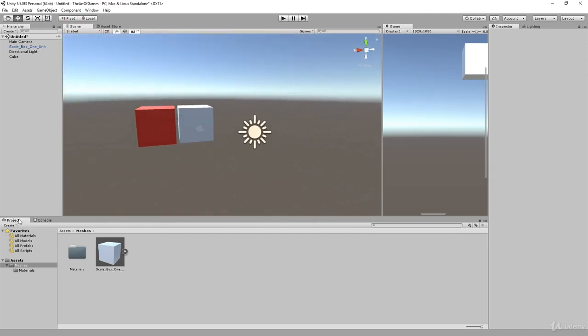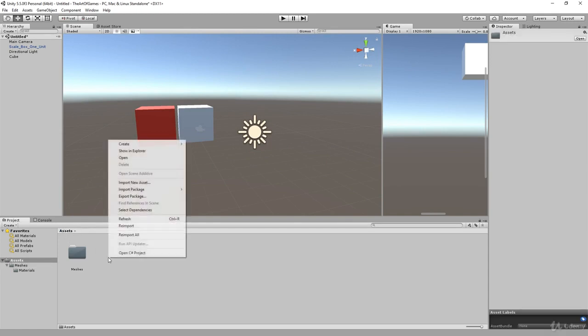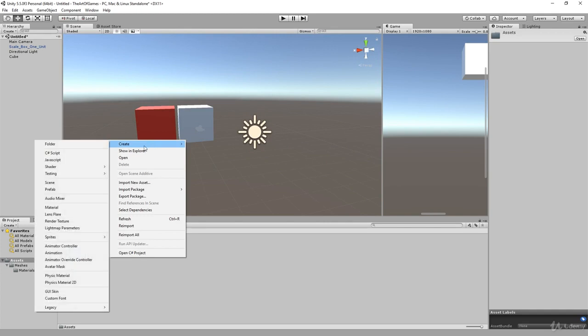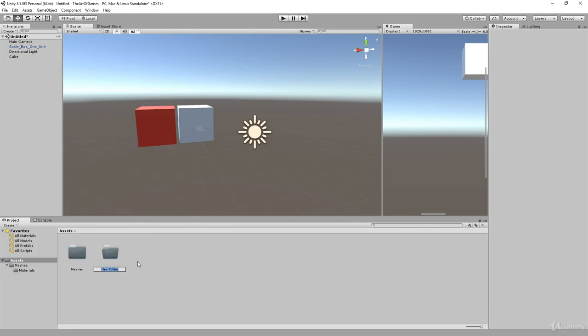Okay, what I want you to do now is go back one to assets again, back to the root. Right click, create folder. I want you to call that scenes, like so.